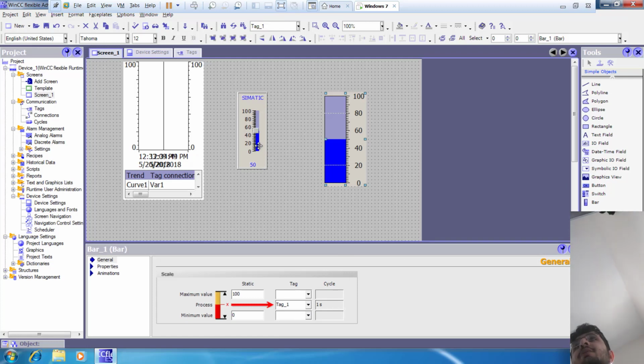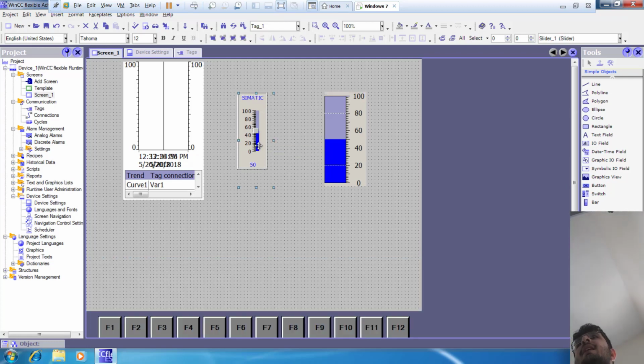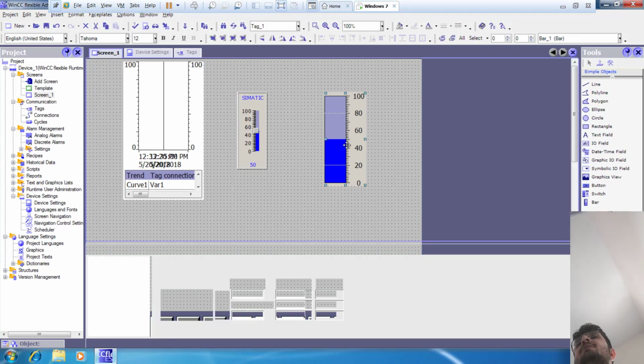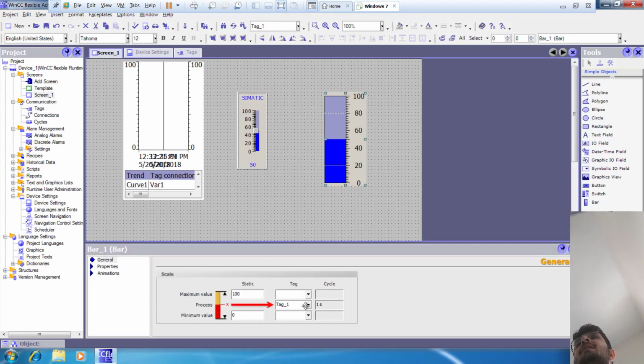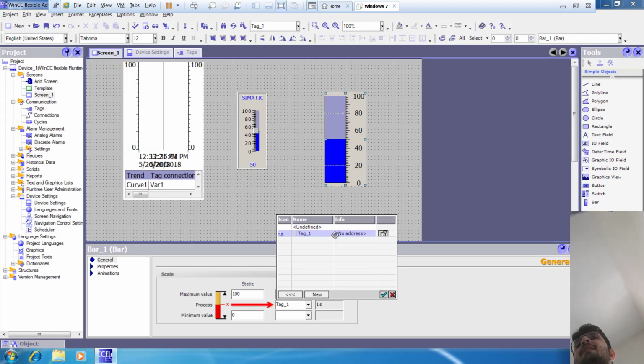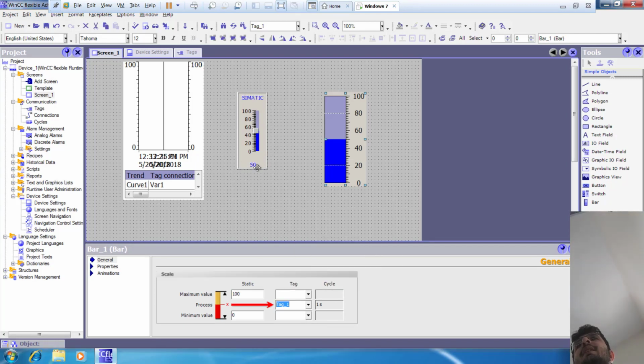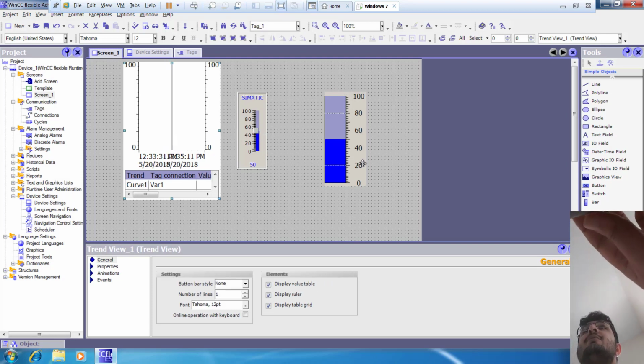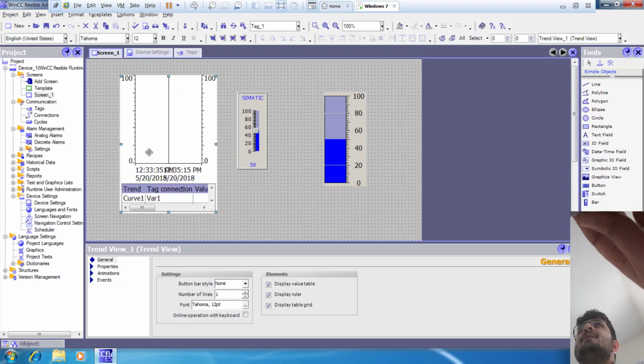For that you just have to click on that, and tag one is already defined. So that's really cool. Otherwise, if it is not defined, you just have to click on that, and then you can define that tag one here, like that. Simple. Now that's the point where you need to have better understanding about the things, because our topic is trend today, right? So just double click on that,